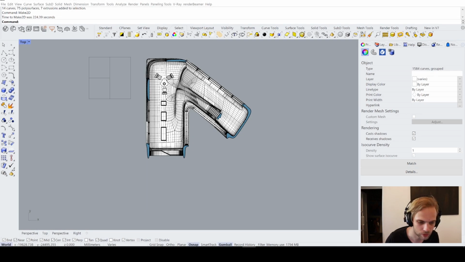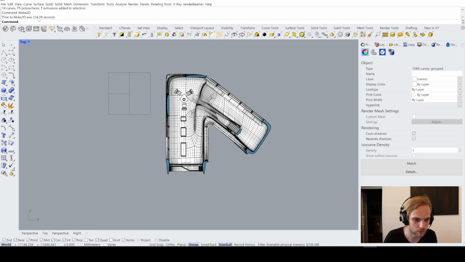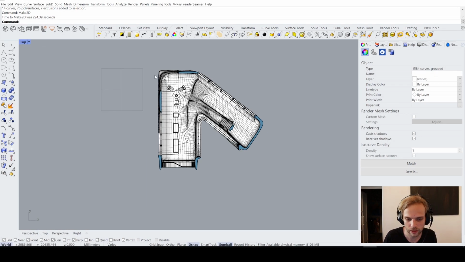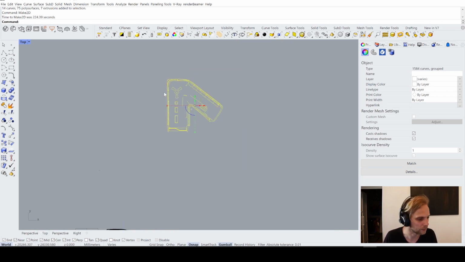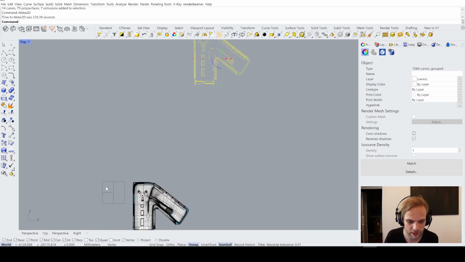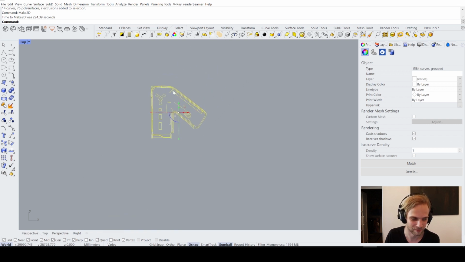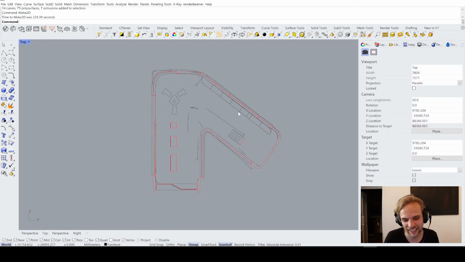There we go. So it took a bit of time to do, 224 seconds. But where do we have it? There it is. By the way, if you don't see your plan being generated, just make sure that clipping plane is not clipping away your generated plan. I have students who constantly get that problem. Anyway,